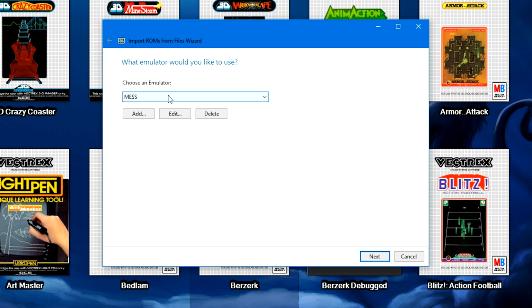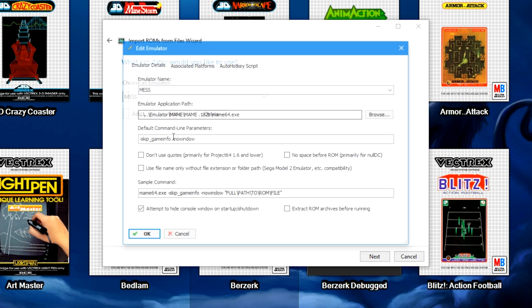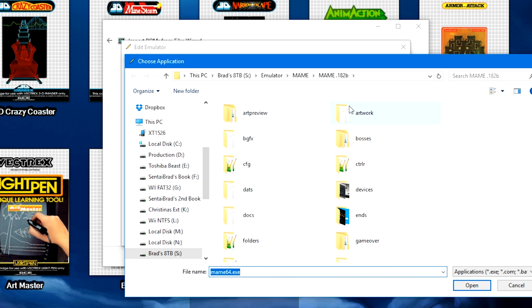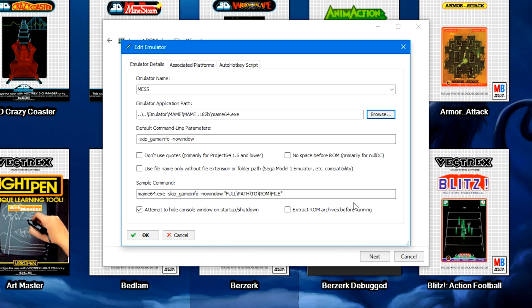Where it says choose an emulator, it may not come up with anything for you. So go ahead and click Add. If you've previously added MES to your emulator list in the past, go ahead and select MES from the drop-down menu, then go ahead and click Edit. If you are adding the emulator, make sure that you do name it MES, and if you're editing MES or adding it, make sure you click Browse, navigate to your latest MAME install, or if you have an older MAME ROM set and are using an older MAME revision, just navigate to that folder, double click on the MAME exe,